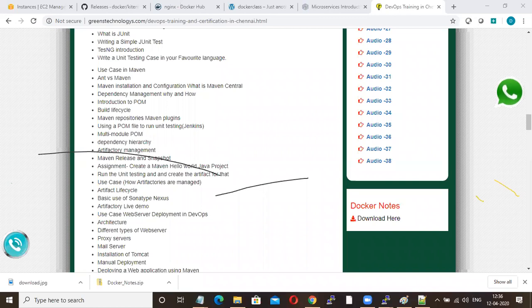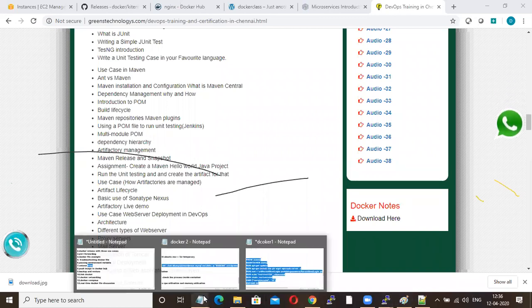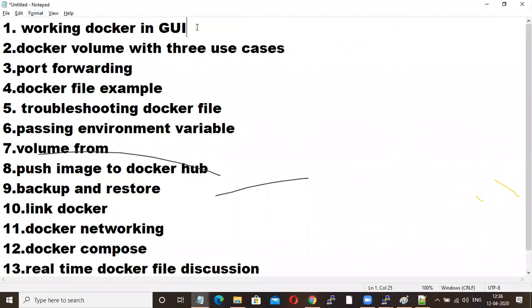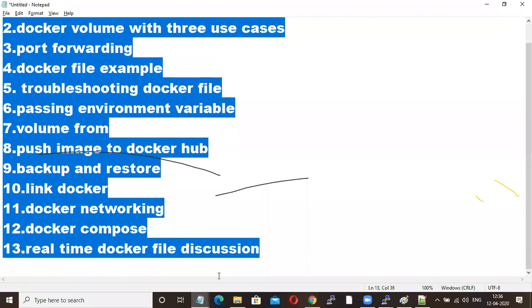And if you know this much in Docker... Yesterday we have seen some installation basics, commands and all, how to install Docker, what is microservices, and why we need to go for Docker and all. So if you know these many things, I'm damn sure you can clear most of the interviews. Okay, just go through it, and if I miss something, just tell me. I'll paste in the group. Someone can note down on your laptop. If something I have missed, just let me know.